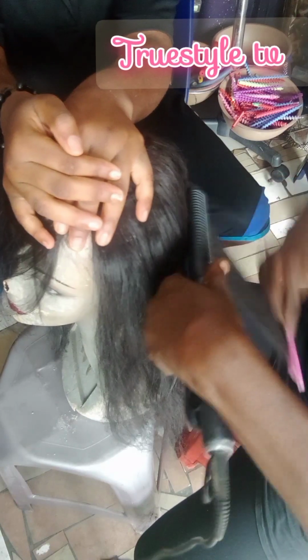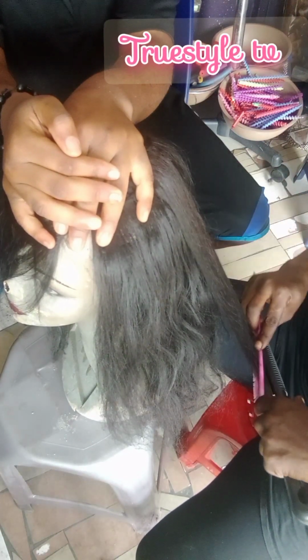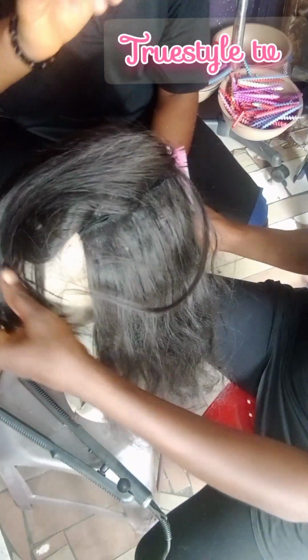So that is what I'm doing. I lower the stretcher and I'm stretching the wig because it's synthetic. And when the stretcher gets too hot, I will unplug it. Okay,